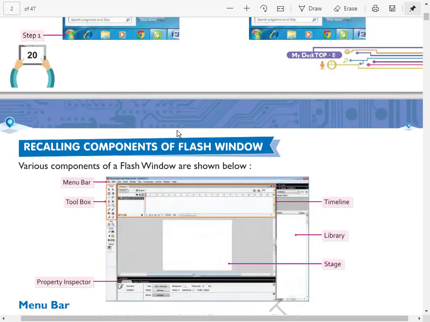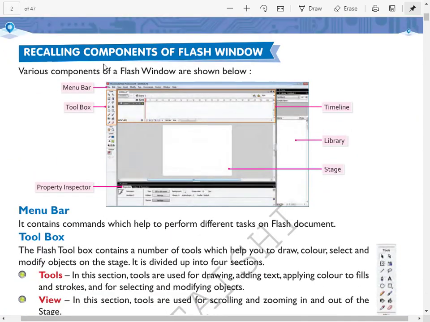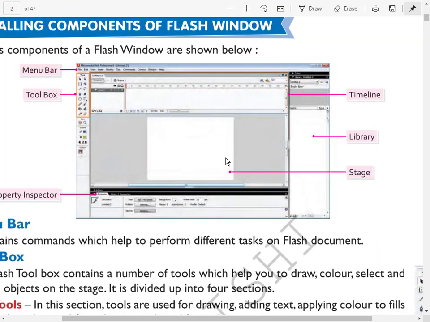Now next one is recalling components of Flash window. So as I have already shown you this window in front of you, here we have different parts of this window. You can see this second bar, this is called your menu bar. The first bar is called your title bar.